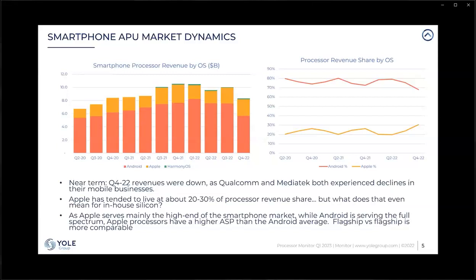With that, that's how we come up with this Apple processor revenue, even though it's all within Apple. That way we're not giving them too much, and not giving them too little revenue in this case. So it's a fairly normal way to look at internally consumed silicon.